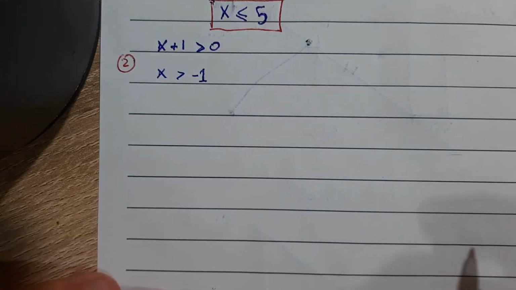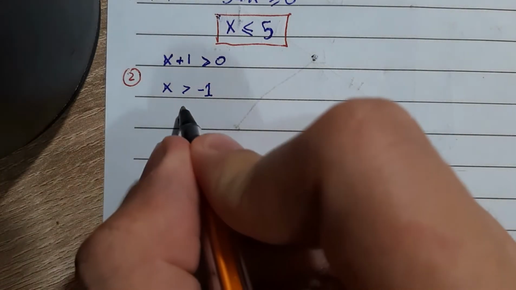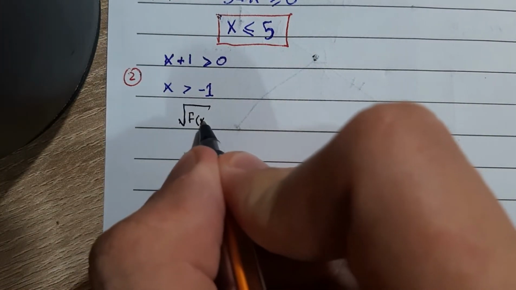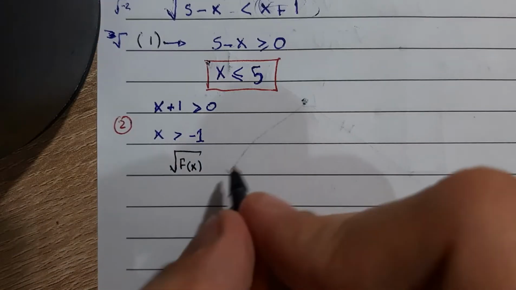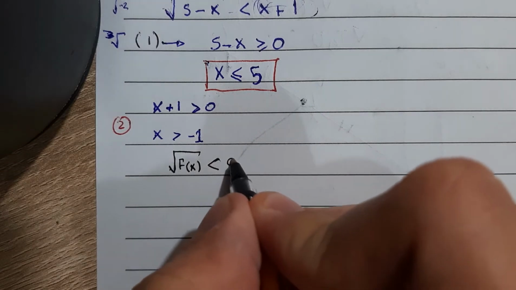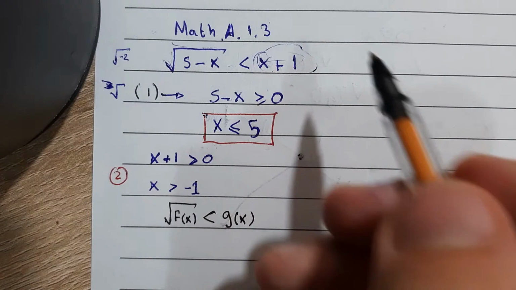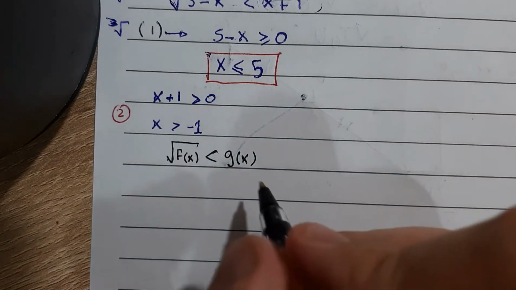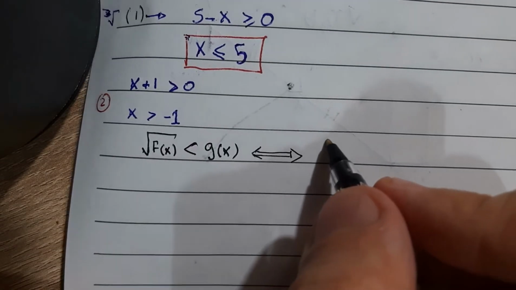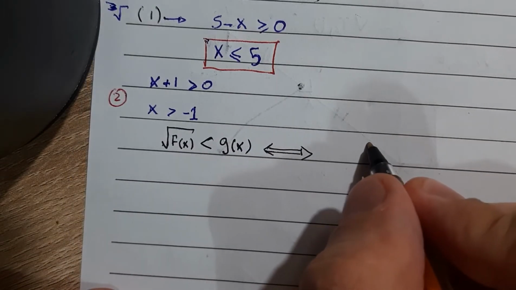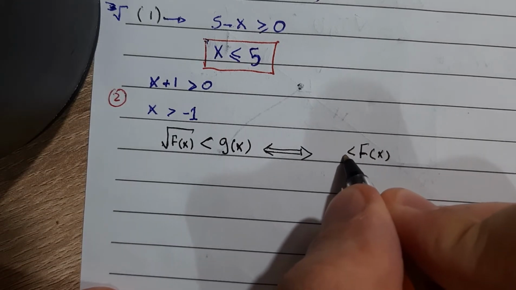So if you want to write this in a beautiful way, you can say that the square root of f of x, if you want it to be smaller than g of x, which is x plus 1 in this case, the condition you must have, if you want to take this in your notes, is that f of x is bigger or equal to 0,